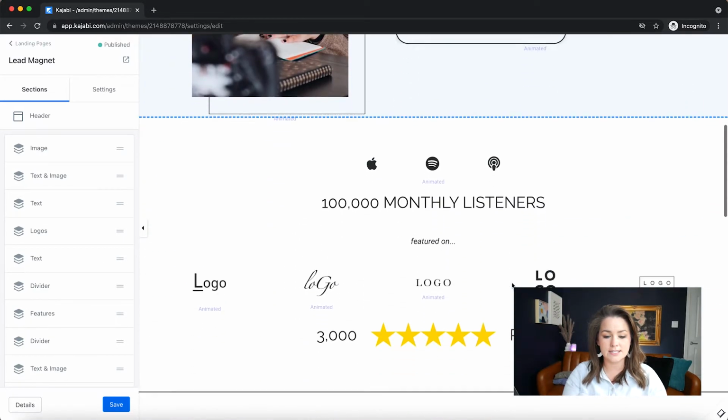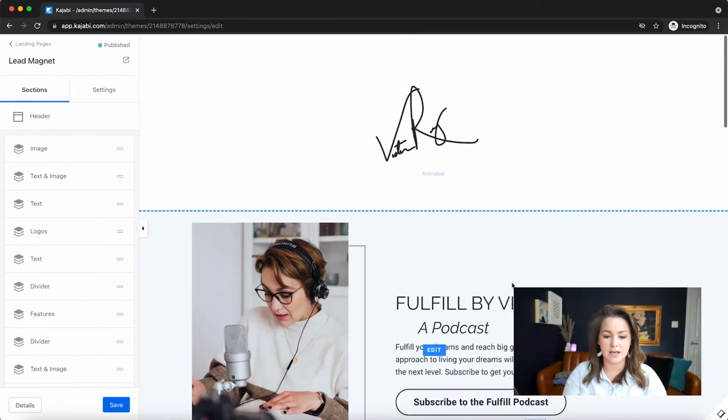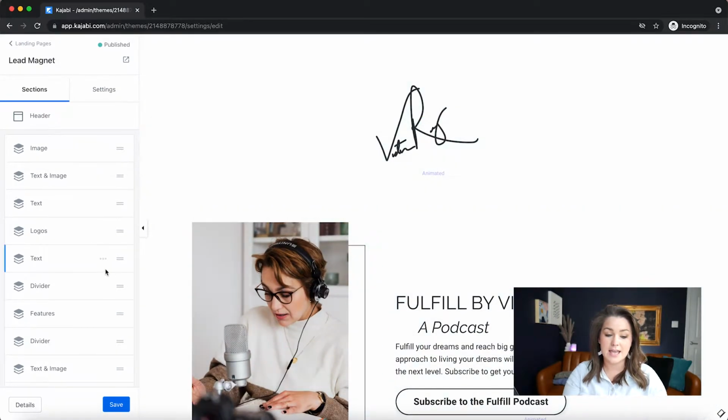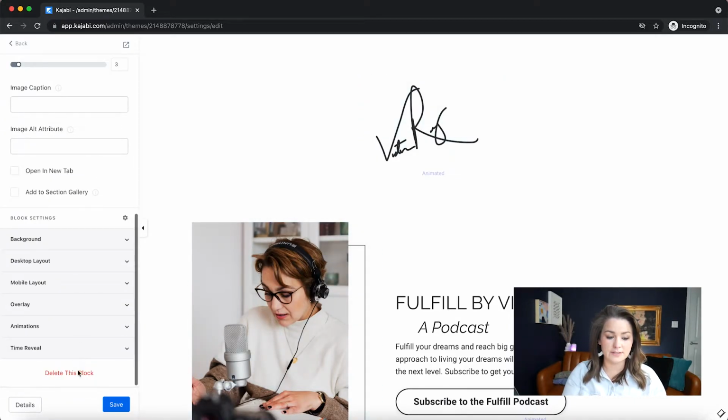So it's given us the edit options of this page we selected. I recommend not having any other call to actions, your social media icons, your logo to go back to your home page, any other call to actions other than the call to action to opt in with that form we just created. So what we're going to do is we're going to delete all of these sections,